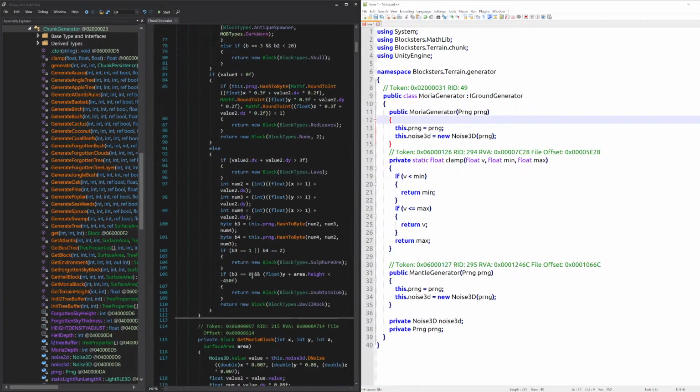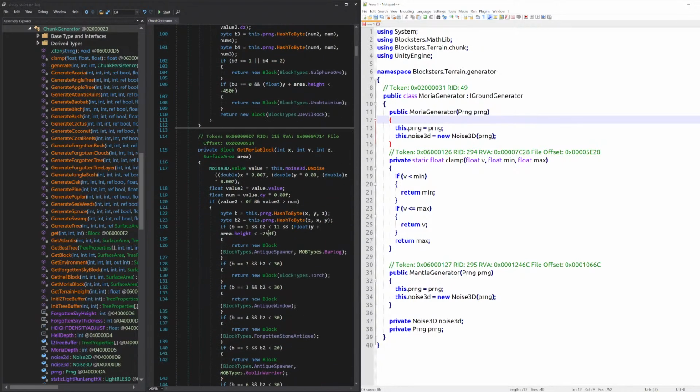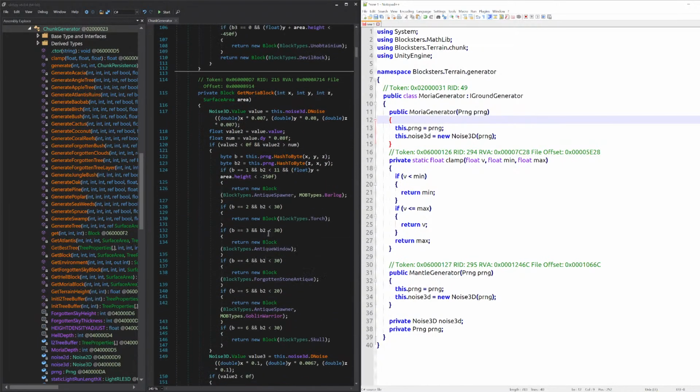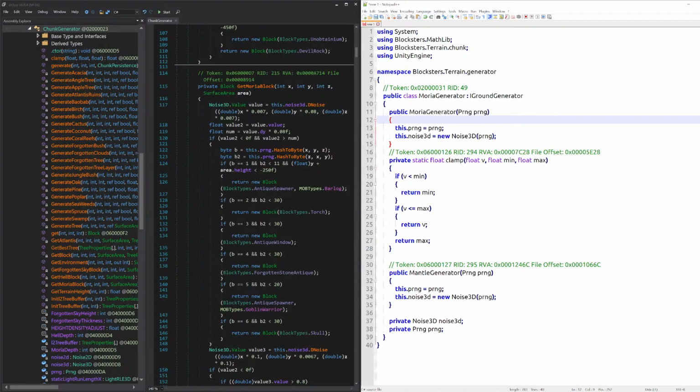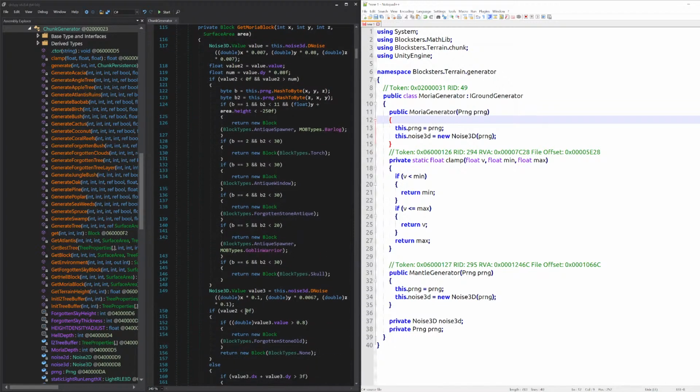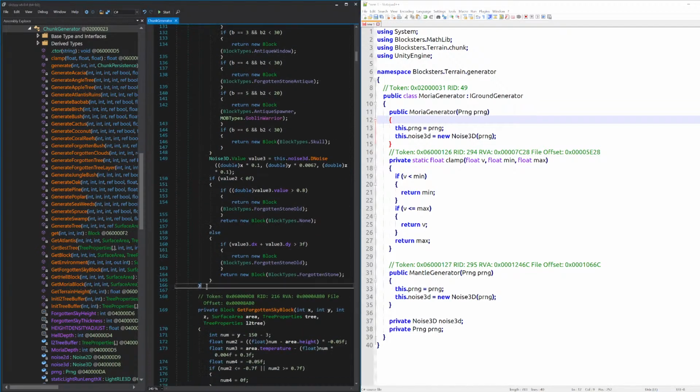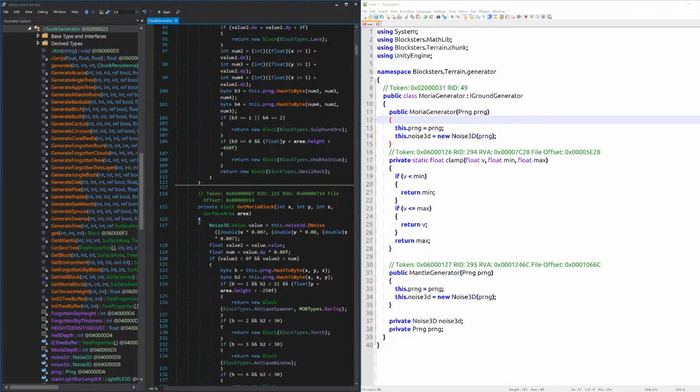Okay, let's take a look at the original. Here's the original code from the version 1 terrain generator. And I think it can pretty much be slapped in one-to-one without much issue. Noise value equals 3. Where does this blue line end up? It ends up here. So if I just copy this,